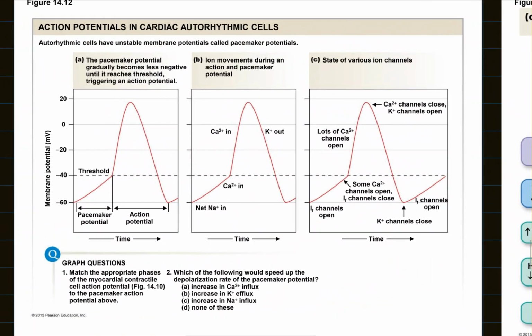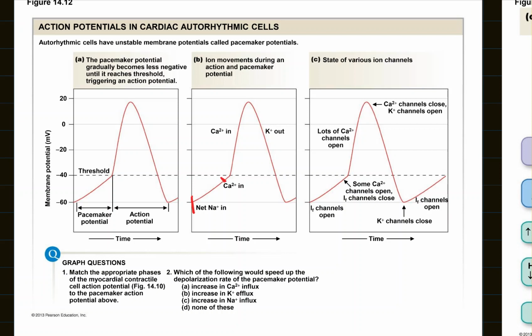So I've pulled the autorhythmic cell slide from Ian's lecture, and that's what is shown here. And it's really easy to miss. So we see here that from this part to this part, we have net sodium coming in. And then starting from this second red line, we get calcium moving in. But in discussion, I told you that from that whole part, it's sodium and calcium, which is still technically true, but I just wanted to make the clarification that calcium is really only coming in on that last little bit right before membrane threshold.